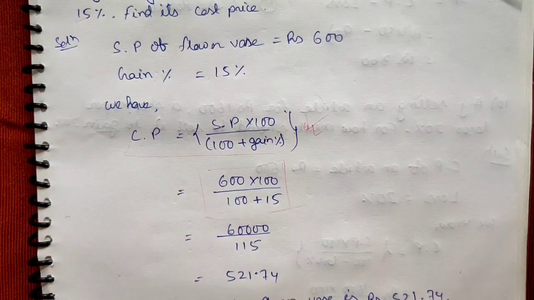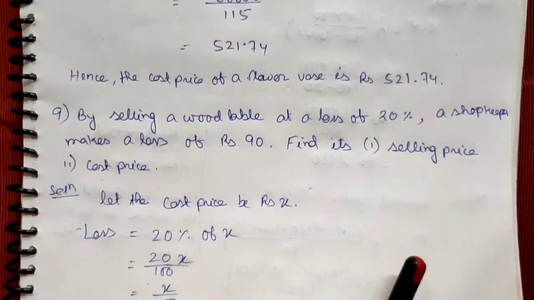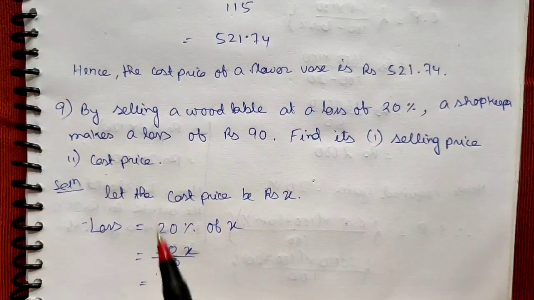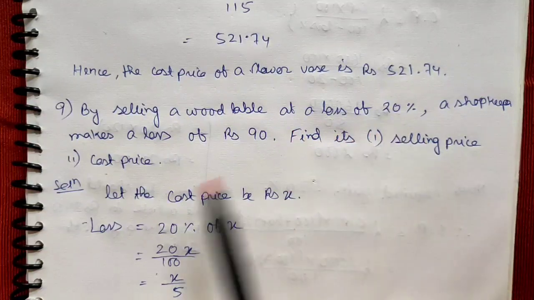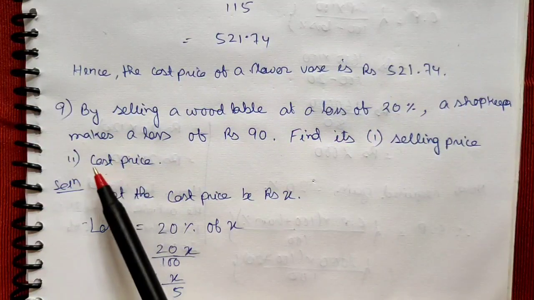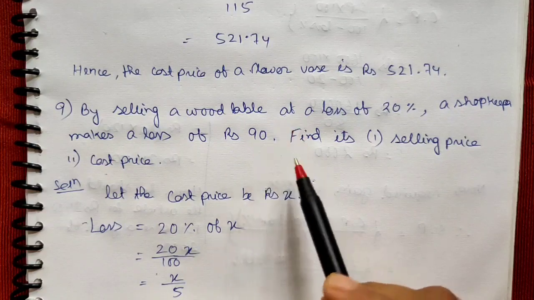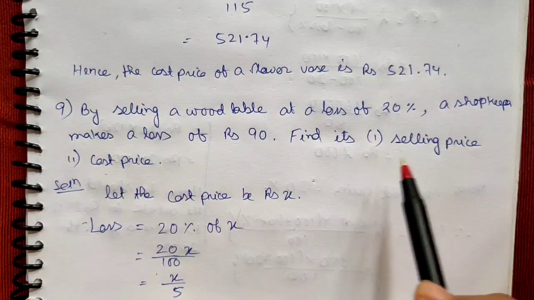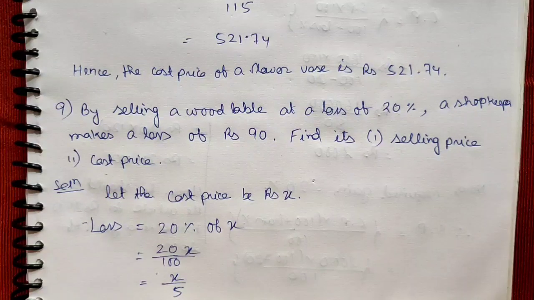Okay, so now let's move to our next question, that is question number 9. So here the question is, by selling a wood table at a loss of 20%, a shopkeeper makes a loss of rupees 90. Find its number 1 selling price and number 2 cost price. Okay, what is said in the question? It is said that by selling a wood table at a loss of 20%,